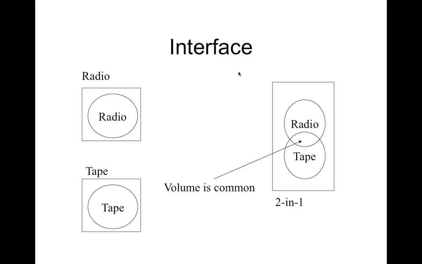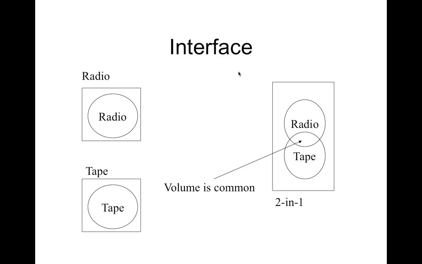Interface. What is an interface? An interface is like a radio or tape. These are like interfaces. They can do a bunch of stuff, right? A radio can do what? You can listen to music, you can change the station and all that stuff. And how each of the models, like Samsung, any of these models, implement that original radio concept is a different thing. So that's why they let you extend it.